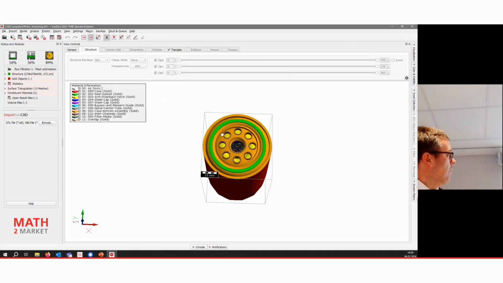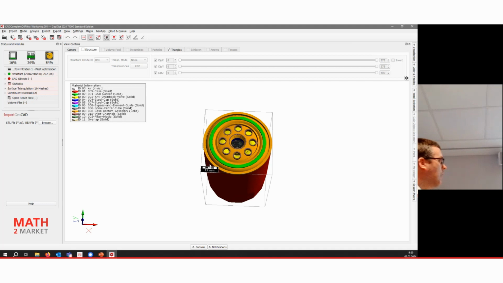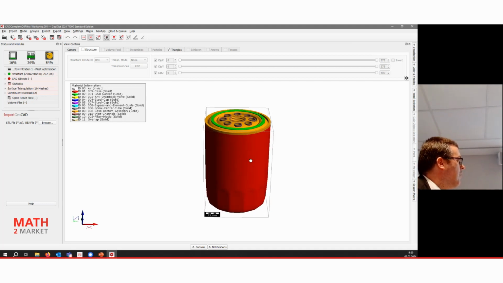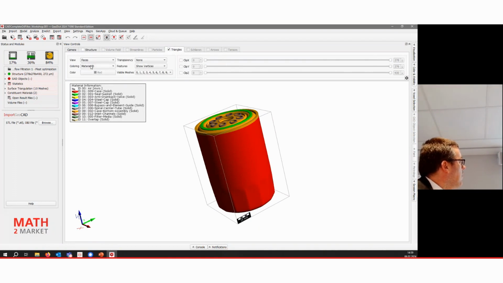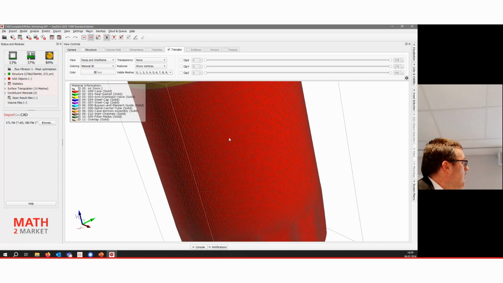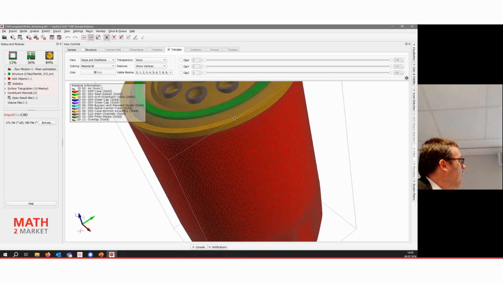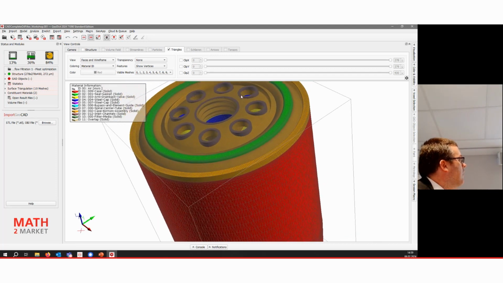So now here we have our triangulated structure. Coloring is at the moment the material ID, that's fine. We see the faces. Maybe we want to see the faces and the wireframe. And then we can clip, here that's the x-axis.